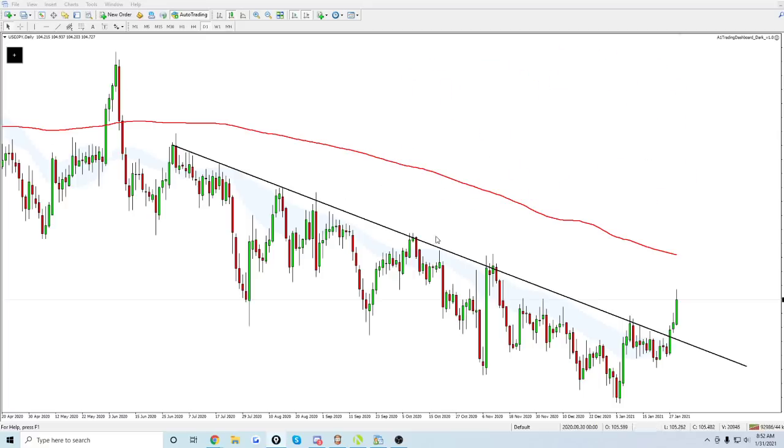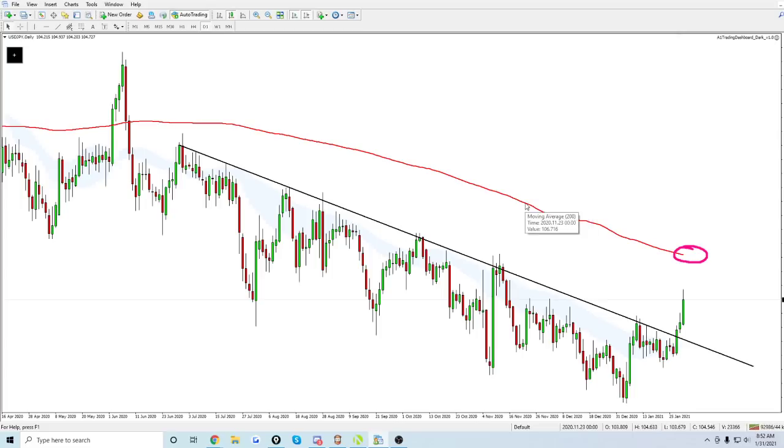Anyways, from a technical perspective, we did get a pretty clean breakout last week on UJ. And so watching this one going forward, it looks like it very much wants to try and retest that 200-day moving average. As we've talked about on the channel many times, the 200-day moving average is kind of like that longer term, very slow trend direction. They talk about it every time on the news that the S&P 500 touches or crosses or goes underneath or above the 200-day moving average. It's like the first thing they talk about, because it's like that long-term indicator or long-term directional filter